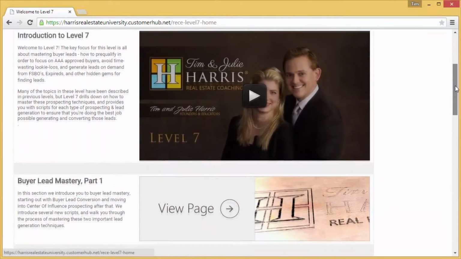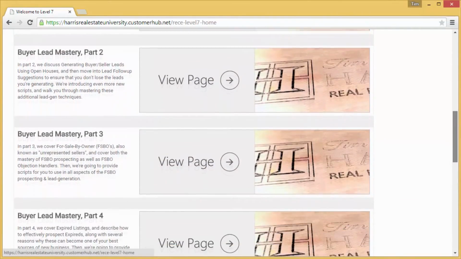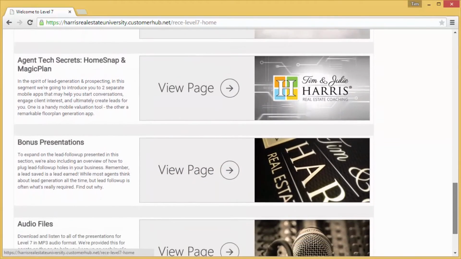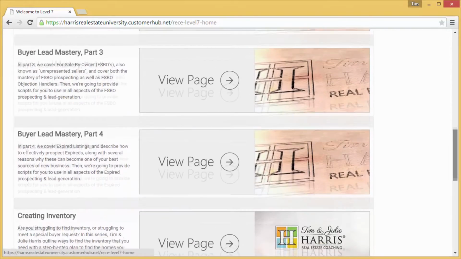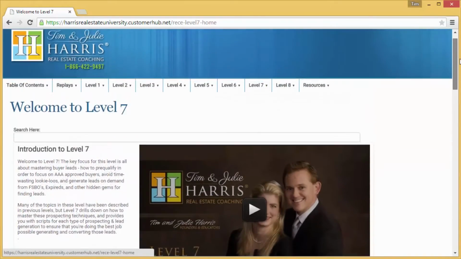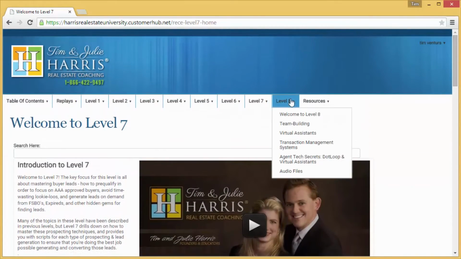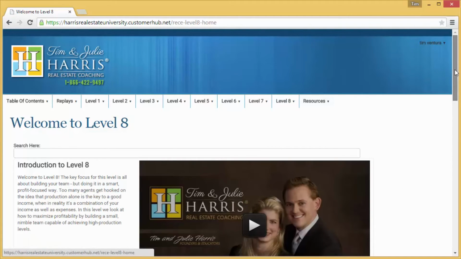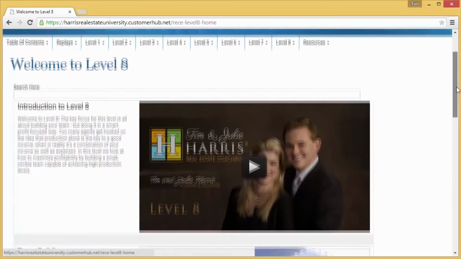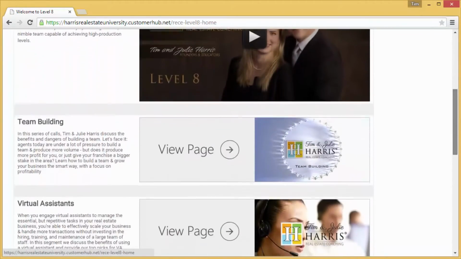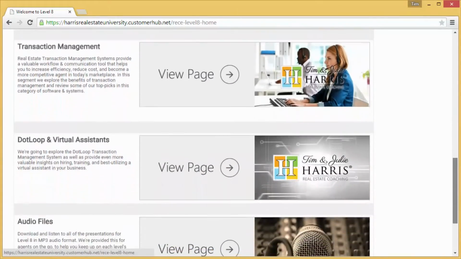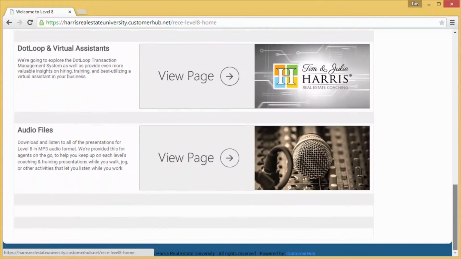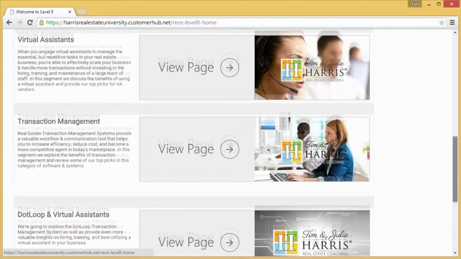Now, level 7, we really get into a focus on buyer lead generation, and the goal is basically to teach you how to effectively generate buyer leads on your own without spending tons of money to buy them from someone else. And in level 8 here, we get into teams, team building, virtual assistants. We also provide some tools like transaction management software, Dotloop, and virtual assistants. We're basically providing you with access to some of the resources, which is actually a section that we're going to